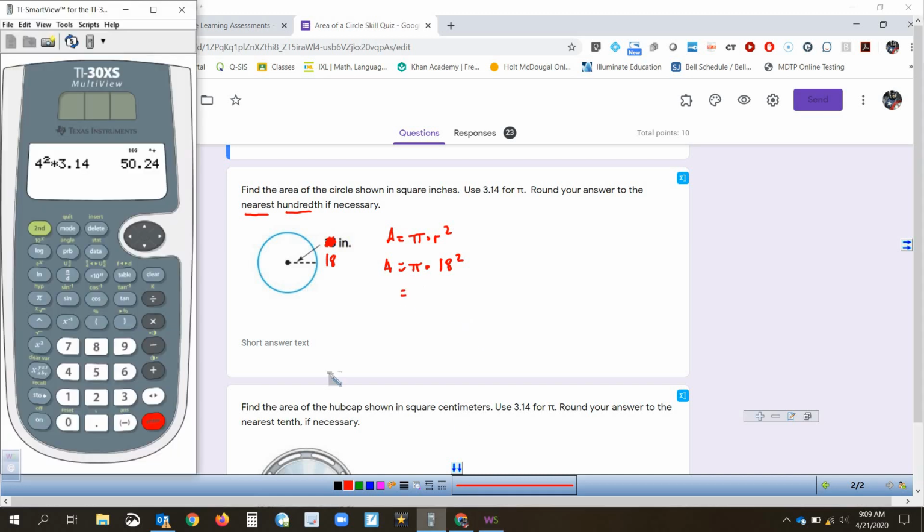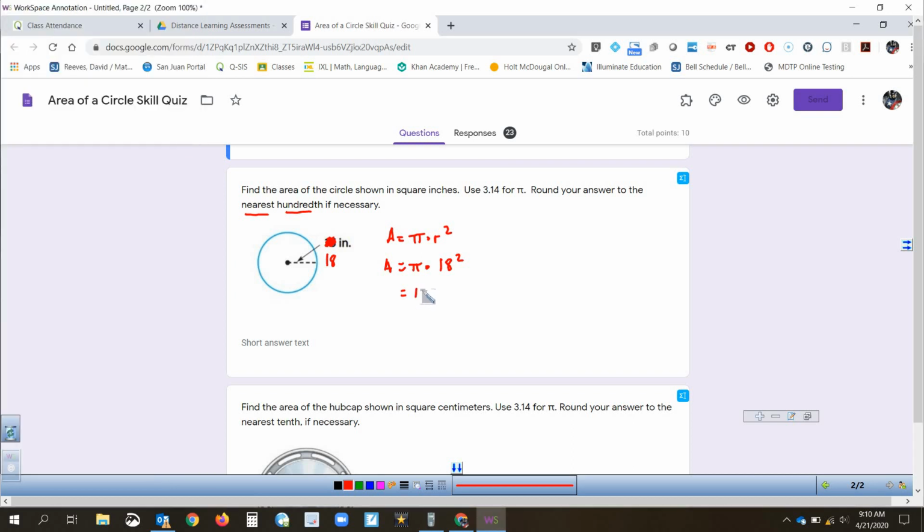Now, again, I'm going to go to my calculator. I'm going to go ahead and clear out what I had done before. I'm going to go 18. And then again, I'm going to square it. Again, if you don't have a squared key or you don't know how to do squared, you could just do 18 times 18. That's the same as squared. Squared means times itself. Times, and again, I'm multiplying by pi, but I'm not going to use the pi button. I'm going to use 3.14 because that's what they told us to use. And when I go ahead and do that, I get